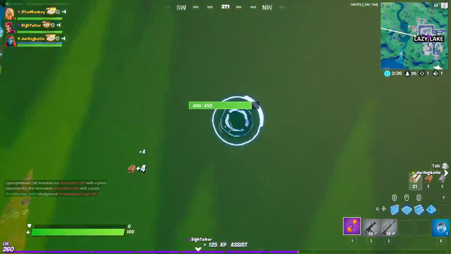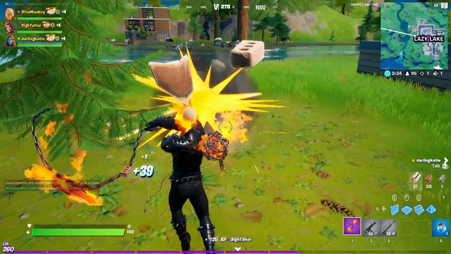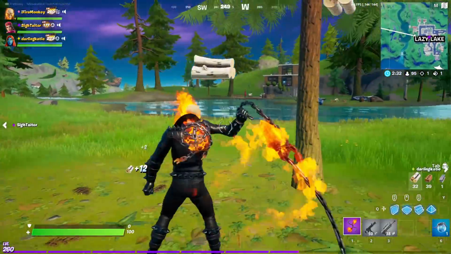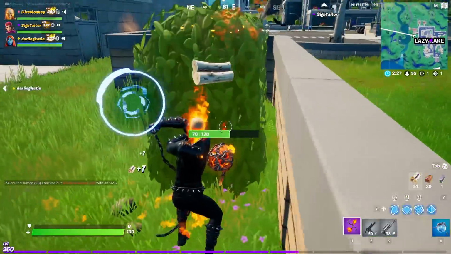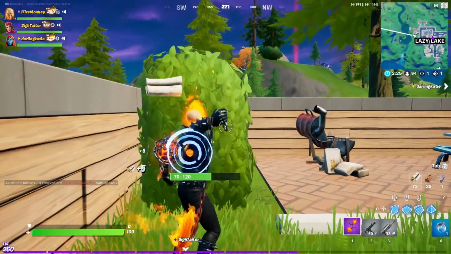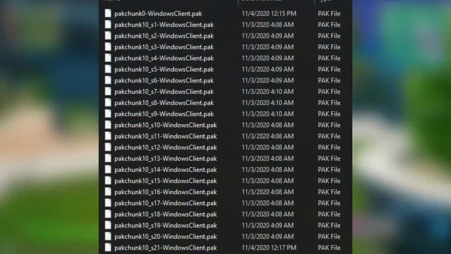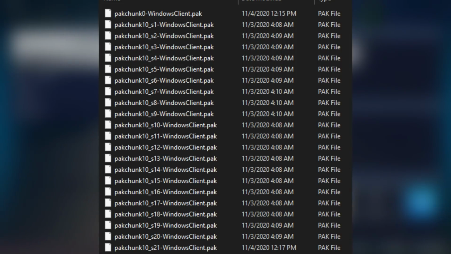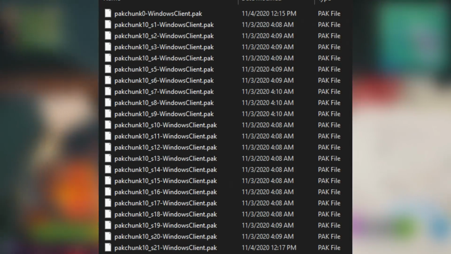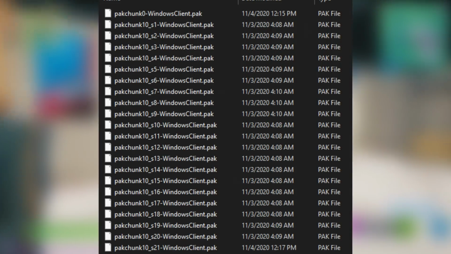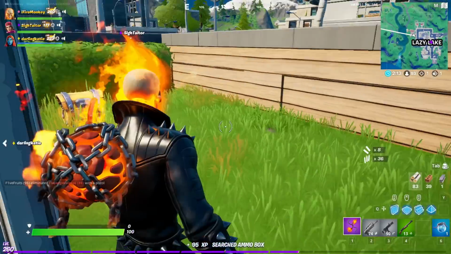Alrighty, before we talk about what's going to happen in the future of leaking, I want to talk about the current file formats and explain what each one is, so that you guys will be able to further understand the terminology I mention later in this video. So first off is a pack file. Now a pack file, spelled P-A-K, is an archive used in video games such as Quake, Hexen, Fortnite, Far Cry, Half-Life, and Xen XGS engine games.